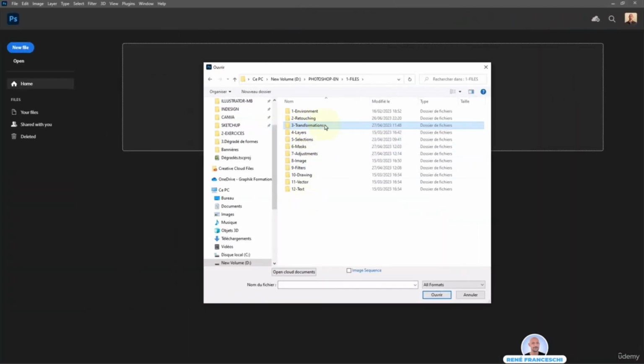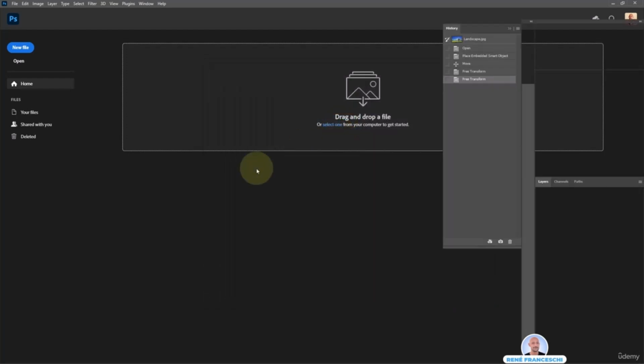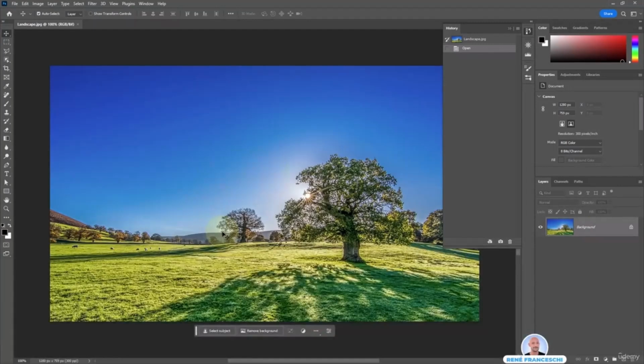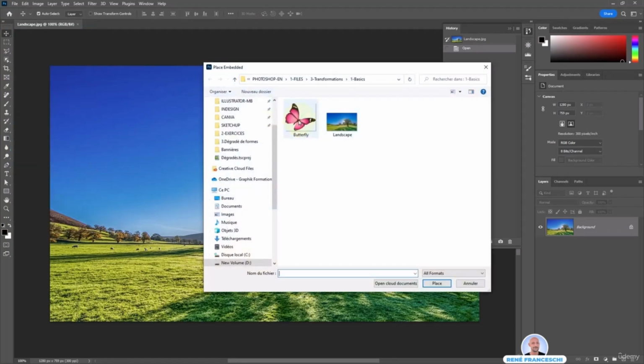In this chapter about transformations, let's go to the Basics folder. Then I'm going to open the Landscapes photo. Now let's import the photo of the butterfly into the landscape. For that, I'm going to go to the menu File, then choose Place Embedded, then choose the photo of the